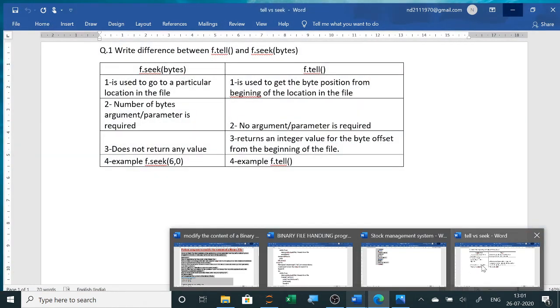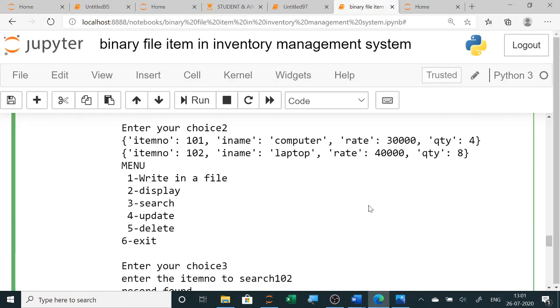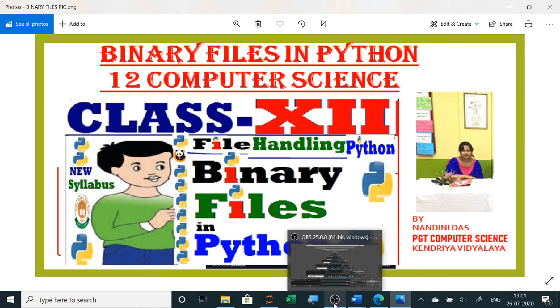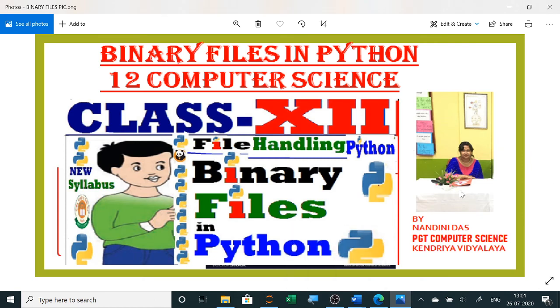So let us stop today. I will list all the other programs of board exams, and in our next video I will show you those programs and how to solve them. I think you have all understood. If you have any doubt, or if you need any program, just mention it in the comment section. I will type and run those programs and show you.